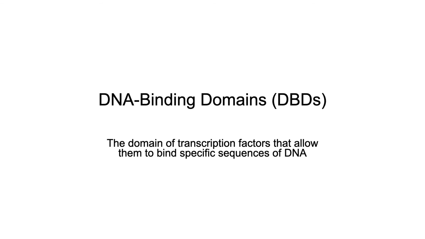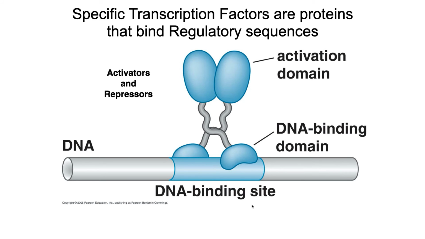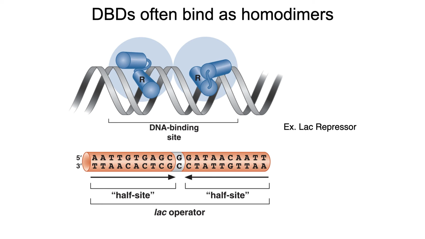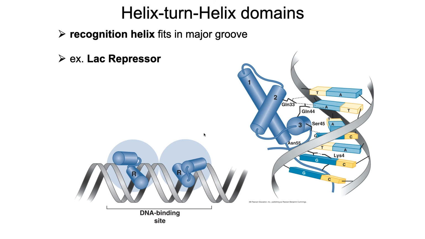All right, now if we look at a whole bunch of specific transcription factors and we compare all of their DNA binding domains, we find that there are various families. Okay, there's more than what I'm just going to show here, but I want to give you an idea of some. All of them oftentimes bind as homodimers and bind therefore to these half sites. So for example, the lac repressor that you're going to look at very soon binds as homodimers, and so you have these two little half sites that they're going to bind to. And they do so by interacting with the major groove.